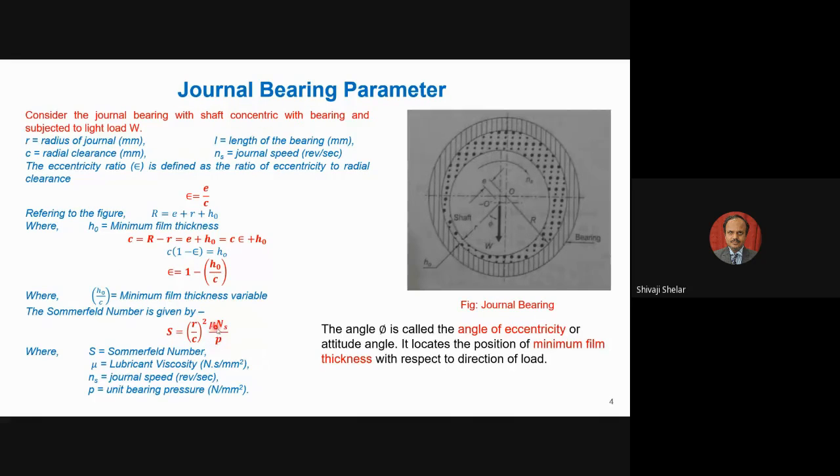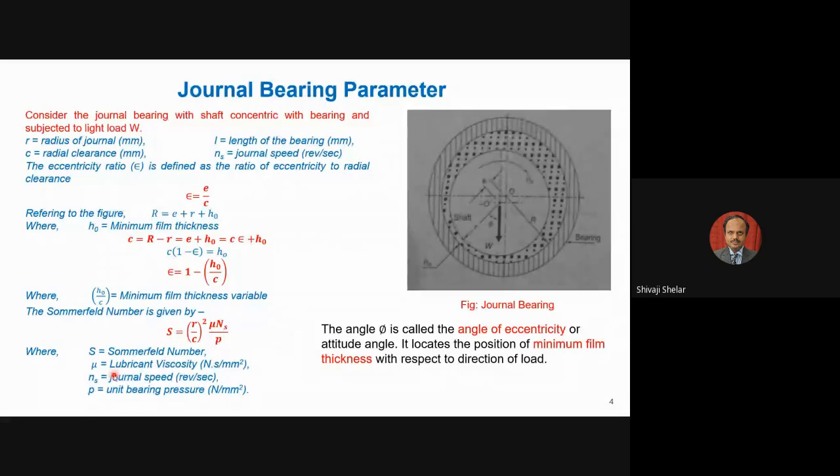Most of the properties are plotted across the x-axis, mu ns by P on the x-axis, and the remaining properties can be plotted on the y-axis. So this is a bearing characteristic number. Again, this is a dimensionless number. So all these are dimensionless numbers. Parametric analysis in the journal bearing is done to get a dimensionless solution. When you use a dimensionless solution, irrespective of the size of the bearing, you can use this equation and get the required analysis done using the dimensionless numbers.